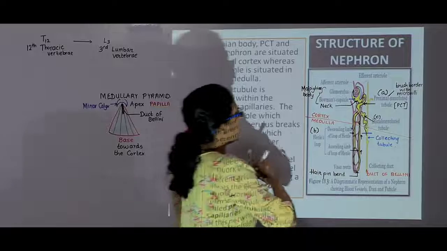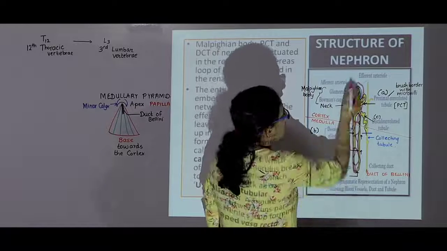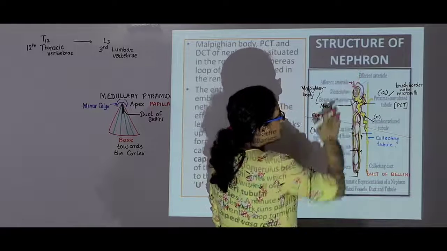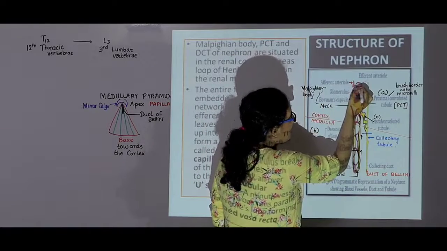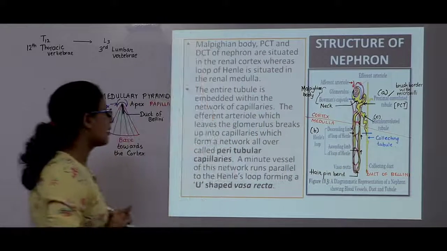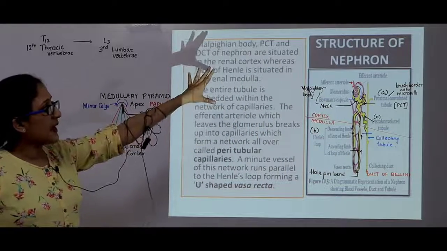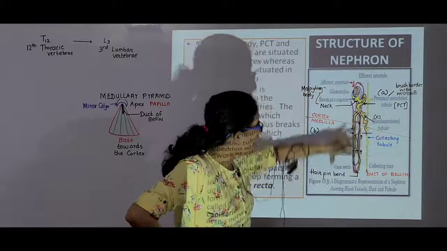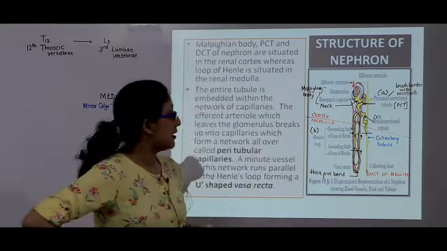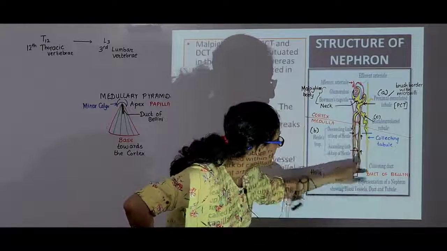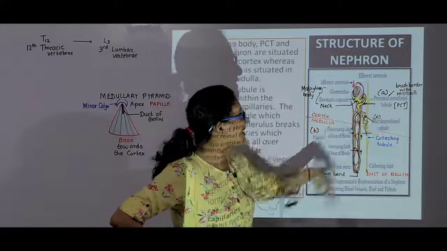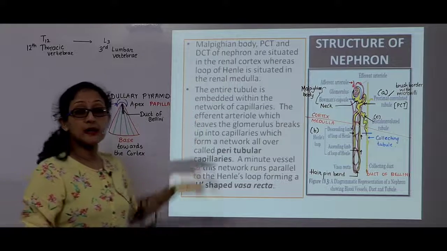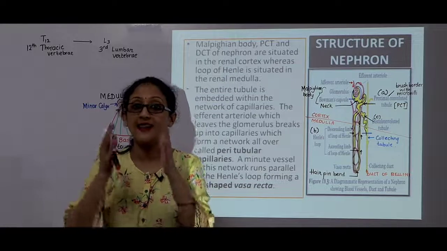Afferent comes into the nephron and efferent leaves that particular area. So, afferent arteriole is over here. It carries the blood into the Bowman's capsule, and efferent comes out of it. The efferent does not stop there. The story is not over. The efferent continues as a full network of capillaries. So if you see everywhere you have those red lines, even on the Henle's loop, even around the PCT, a little bit on the DCT. So understand that those capillaries are called the peritubular capillaries.